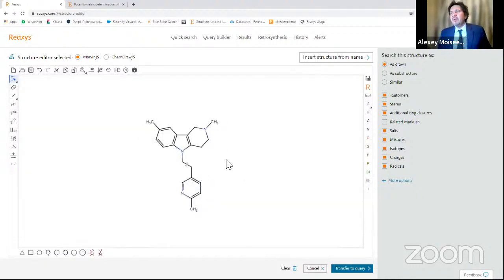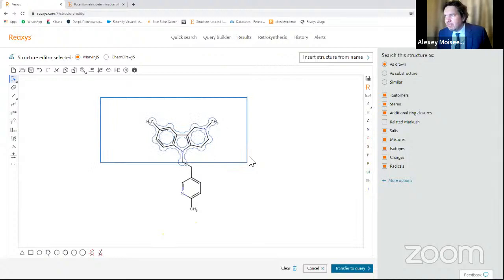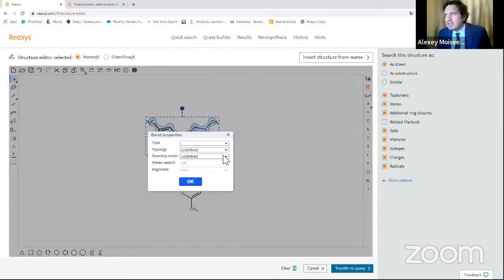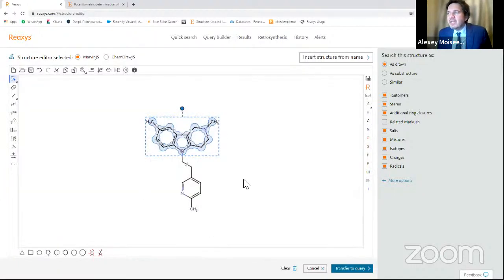So by this request, Reaxys will only find reactions when this bond is made or broken, and we can also do it like this: take a couple of atoms, click bond properties, and say this is not a reaction center. So it will find all the reactions where this part of the molecule does not participate.